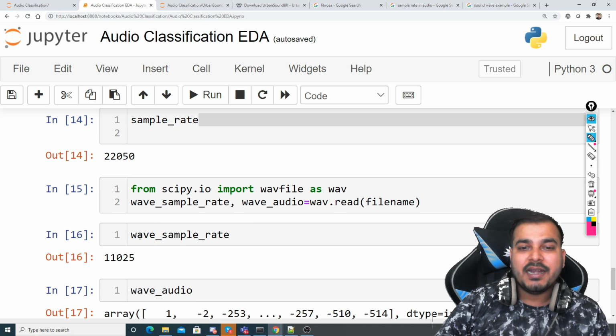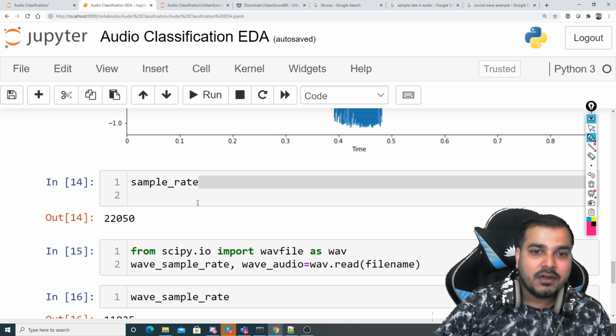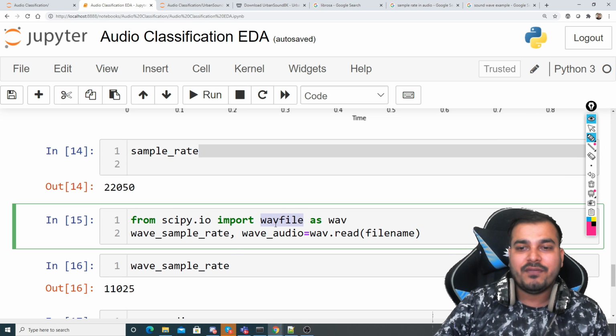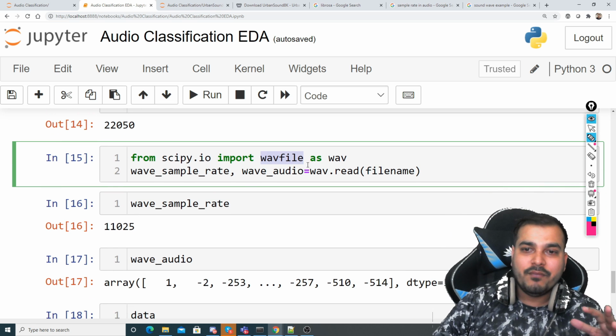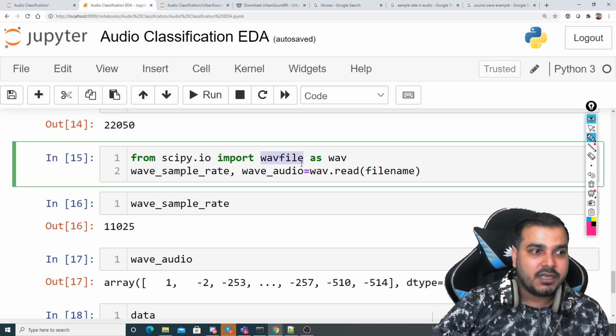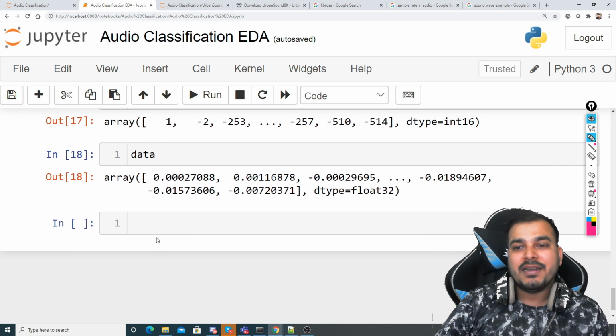The third point is that it is also able to see the sample rate, and by default it converts the sample rate into 22 kilohertz. In the case of other things like a wave file, we will not see that. In a wave file, sometimes we may see 44 kilohertz, sometimes some different kilohertz itself. This is the basic thing that I really wanted to tell you about this, guys.